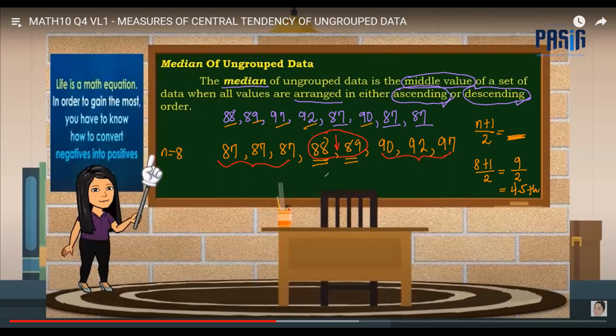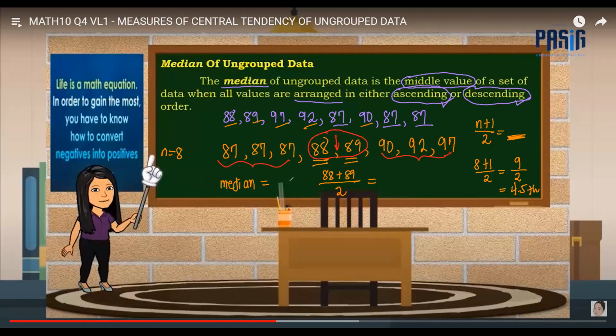So ano yung gagawin natin dyan? Siyempre dalawa sila, hindi pwedeng dalawa. Remember, when we say measures of central tendency, it is a single value that represents the whole data. So dapat single value lang sila. So ang gagawin natin, i-add natin sila, and then we will divide them by 2. So ang magiging value ng ating median,